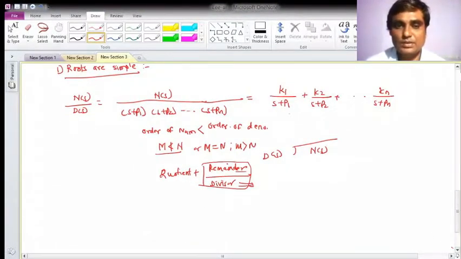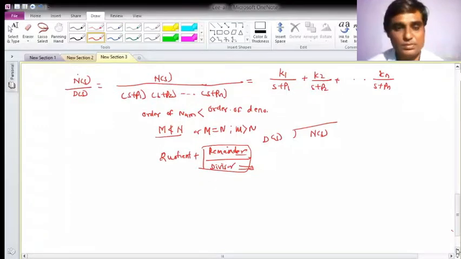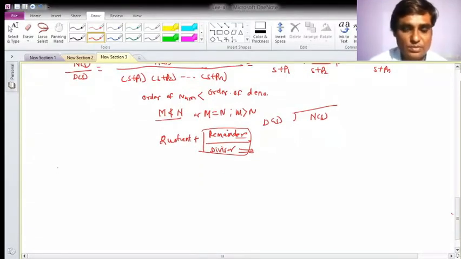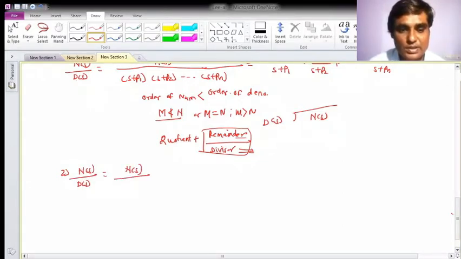Okay. So here we are assuming that the order of the numerator is less than the order of the denominator, which makes it easy for us to find the partial fraction. Now next, what if the roots are repeated? If I have a numerator and denominator with a root (s plus pj) raised to r, how can we express this in partial fraction?